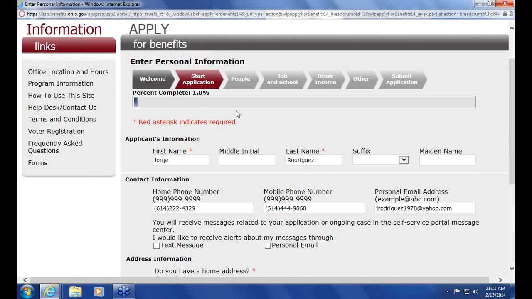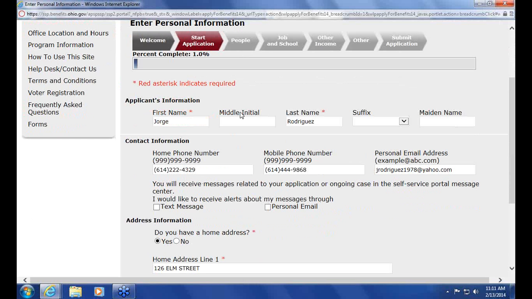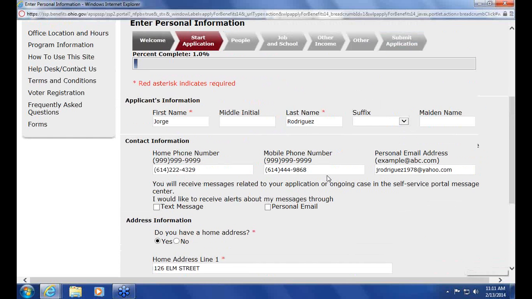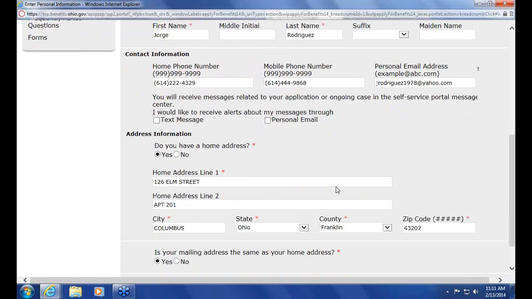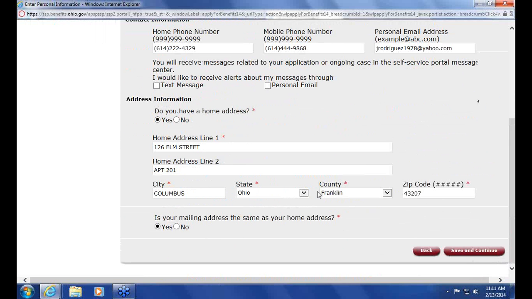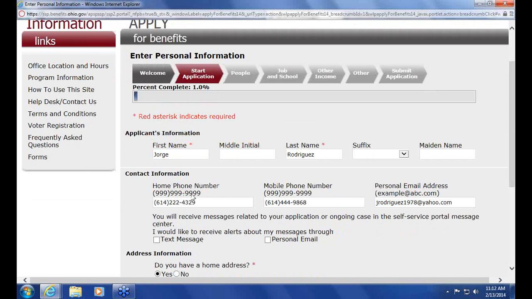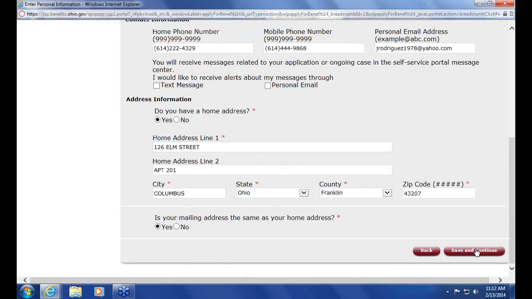Okay. One note I want to make about this page is that consumers will want to click Save and Continue when going between pages at the bottom instead of just clicking between the tabs, because if you don't do Save and Continue, you might lose your information. Also, you need to follow the format of the application exactly. If you look at the phone number, there's a parentheses and a dash there. You will need to put that in exactly how you see it, or else it's not going to accept the value.